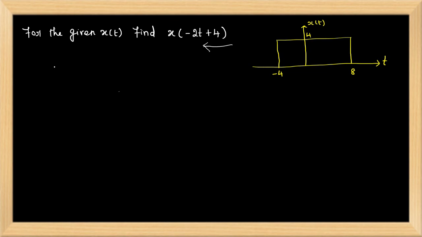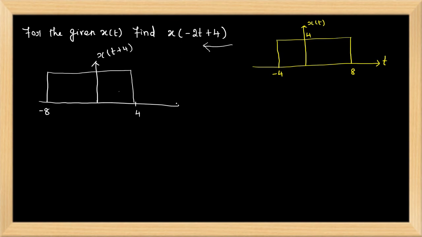Okay. So first we will do the time shifting. How many seconds? 4 seconds it is shifted, and t naught is negative here, so it will be shifting towards left. That means we have to advance the signal. So how it will be looking like now? This is our x of t plus 4. First we will do the shifting operation. So it will start from minus 8 until it is 4. Okay. So this is our x of t plus 4.